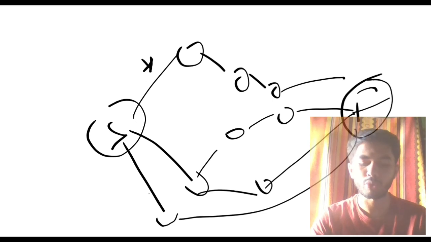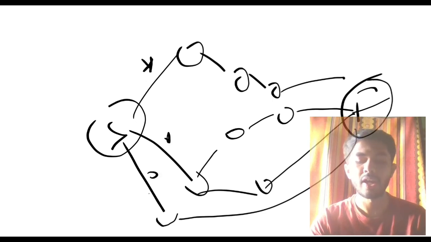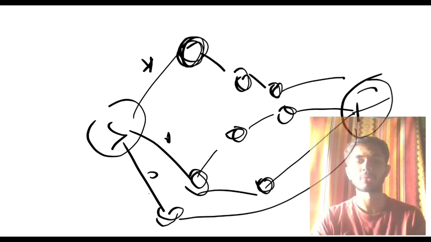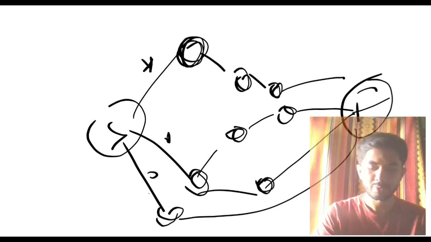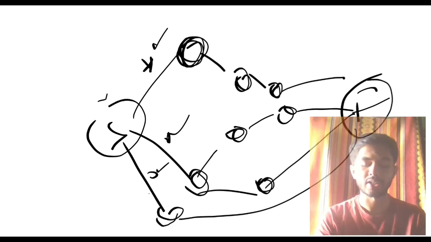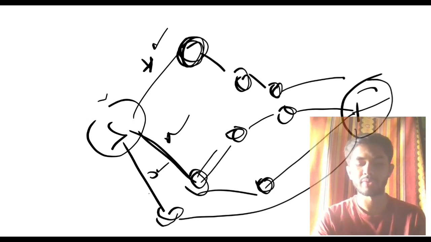Here you'll be having some cost for going till here, for going till here, and each of those nodes will also have a cost. Those are the things which you need to calculate and find out the most optimal one. In A star, you'll calculate this cost, this cost, this cost, three possibilities from start, and you'll choose the least one and move ahead with that.